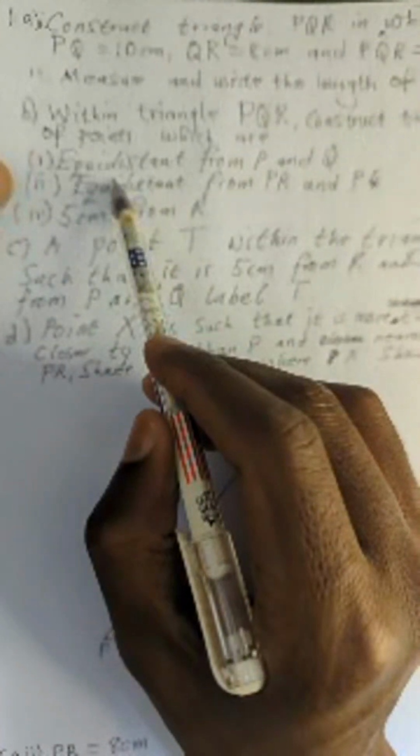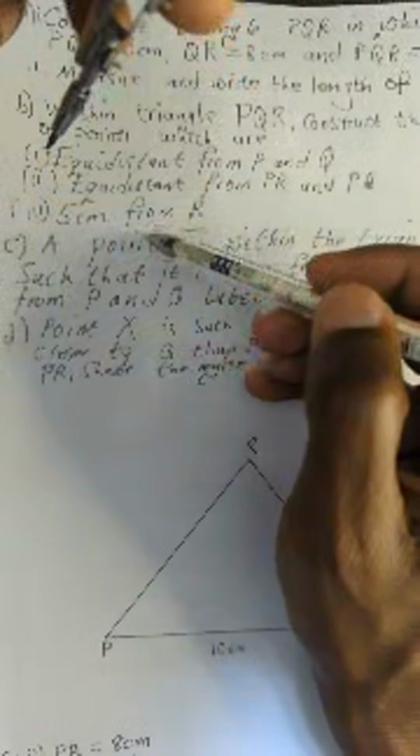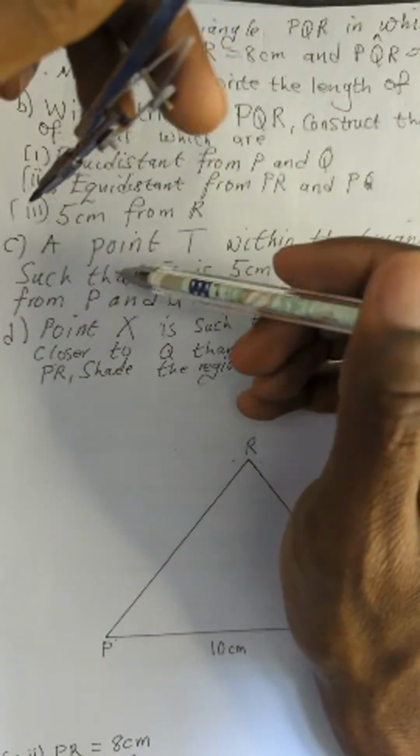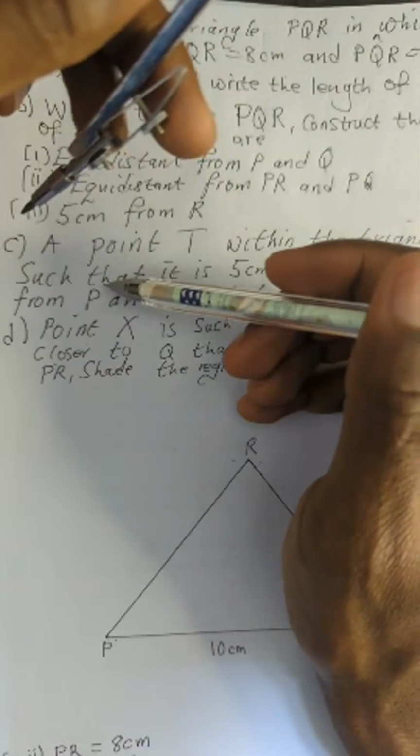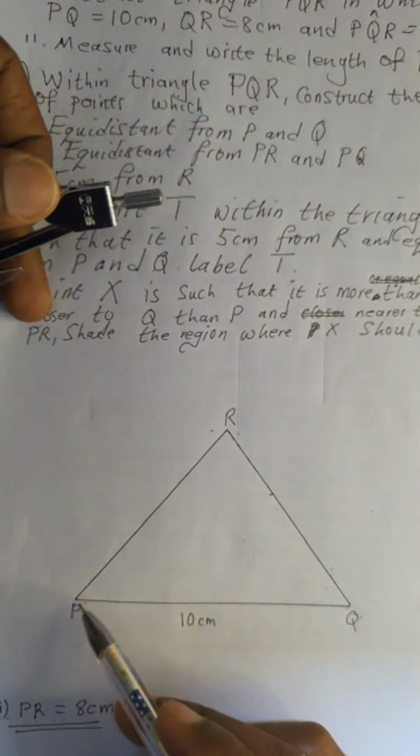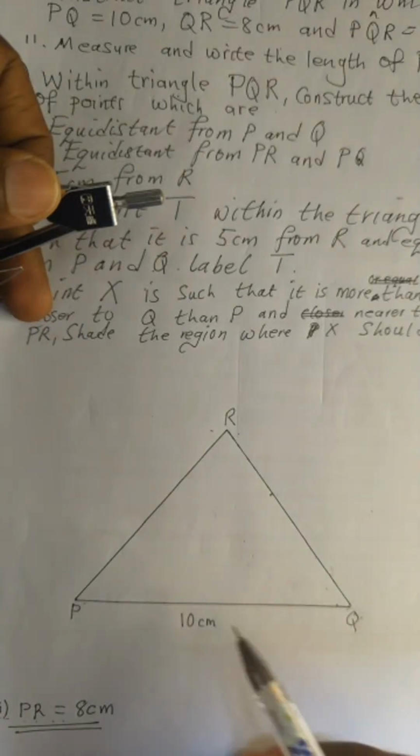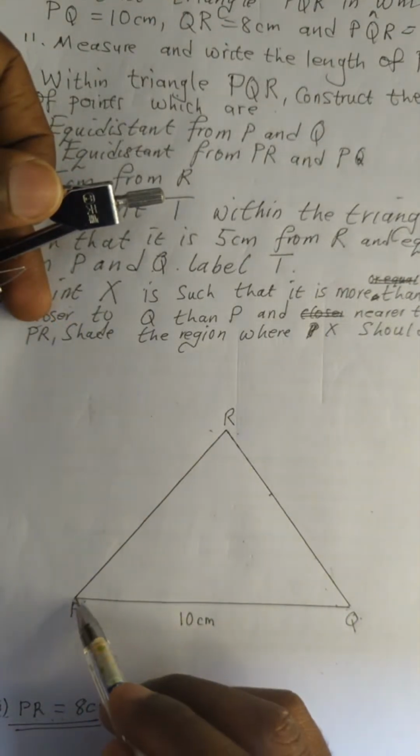Question B says, within triangle PQR, construct the locus of points which are, so we start with B1. B1 is saying equidistant from P and Q. I've just remembered that in the last lesson, I was saying equidistance instead of equidistant. Okay, equidistant from P and Q. So we're talking about points that are equidistant from 2 points, point P and point Q. So the points that are equidistant from 2 points must pass